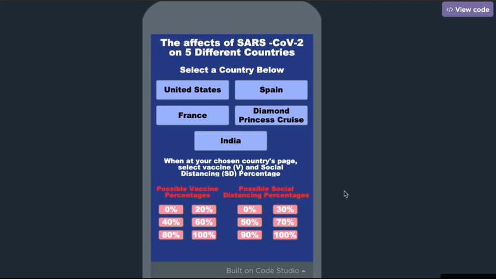A run through of the app I created for the 2021 California State Science Fair. First, the user should select a country from the five below. Before selecting a country, they should also read the instructions, which read as when at your chosen country's page, select